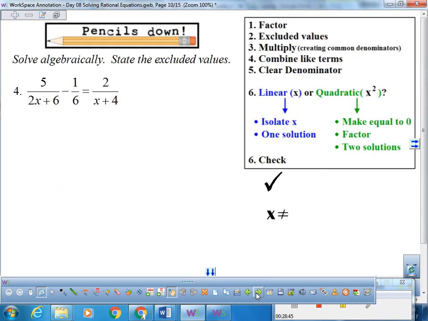All right, so for those of you that are going to move on, the first thing you need to do, what's my first step up there? Factor. So as soon as